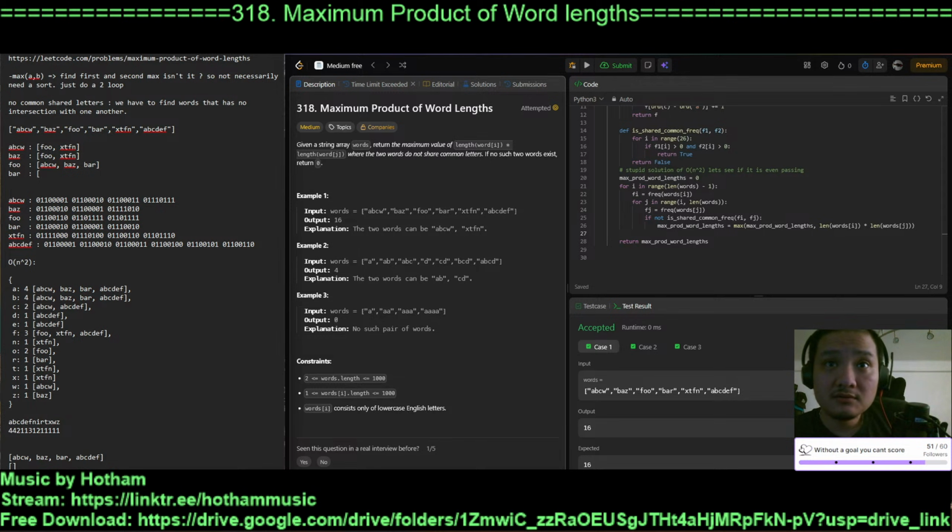And then another component we know is A, B, C, W, B, A, Z, bar, okay? And then we have foo, doesn't share with anybody. And then XDFN, right? So then what is left is we just need to find,